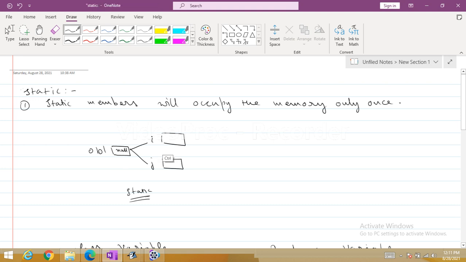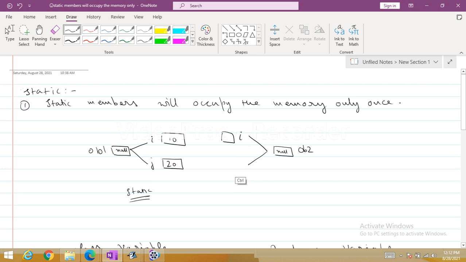Now you have said ob1.I is equal to 10 and ob1.j is equal to 20. After that you have created ob2. The initial value of ob2 is null. When you write new A, the memory for I will be allocated, because it has a non-static variable. But j cannot be allocated twice.